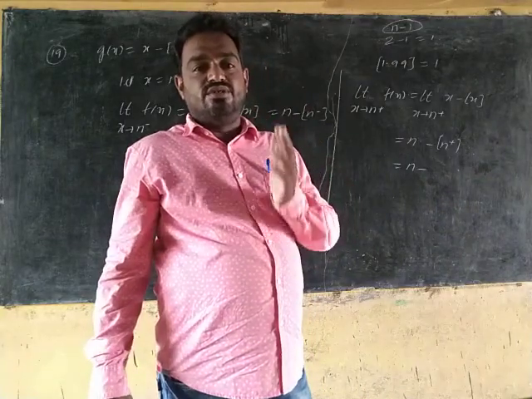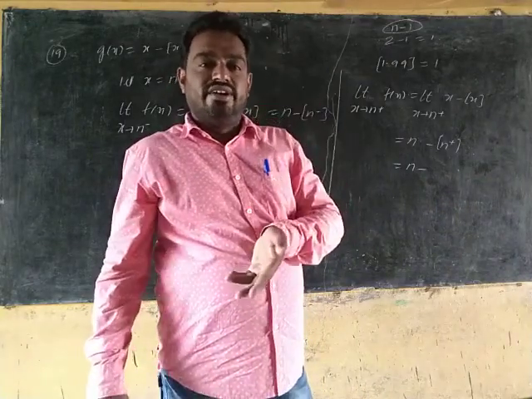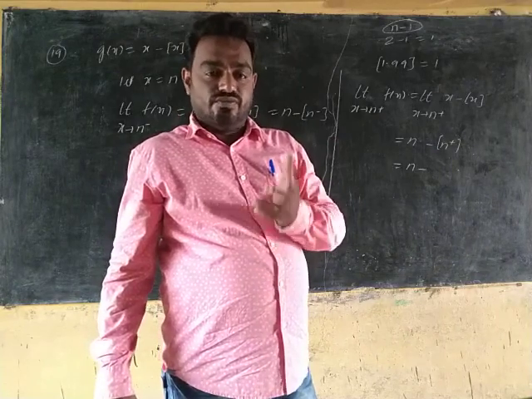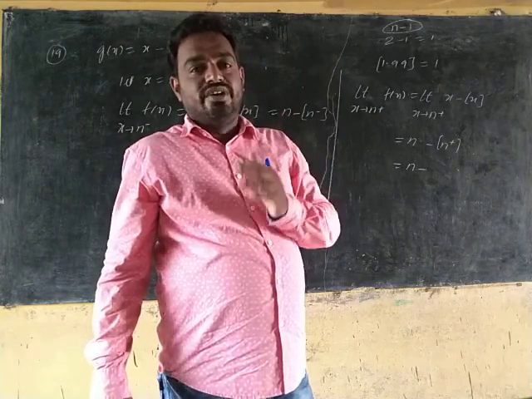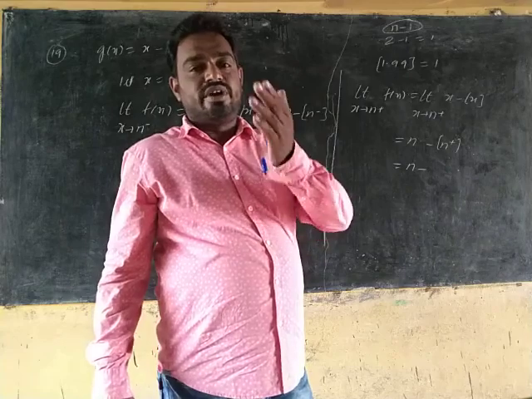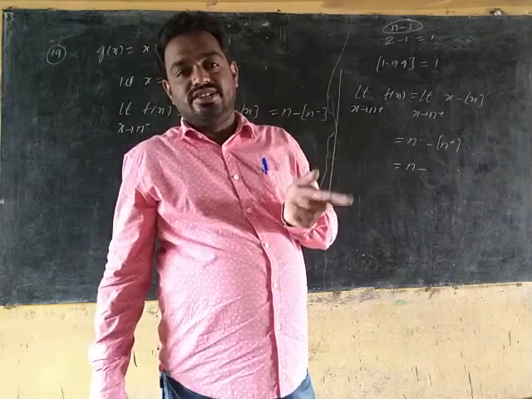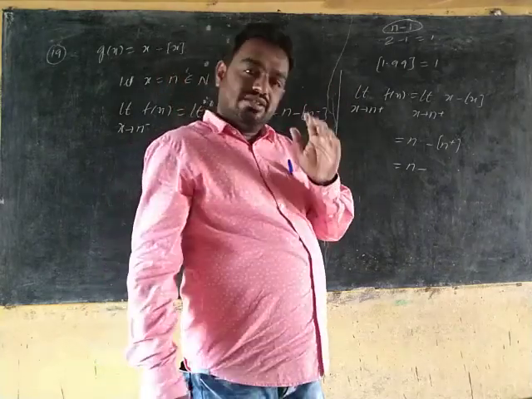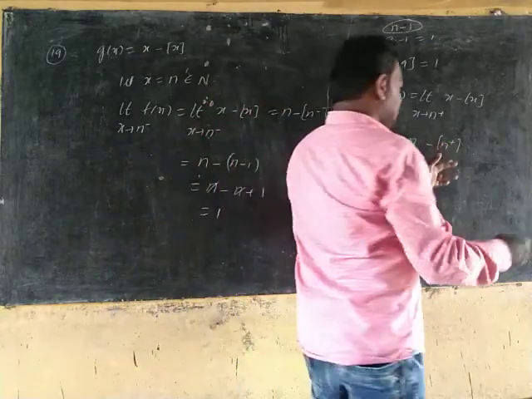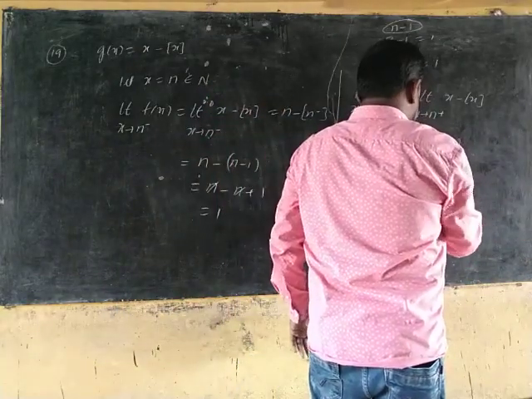What is the n plus value? 4.0001. So what is the integer part? 4. If n is equal to 4, then 4 plus something, what are we getting? 4.001 we are getting. What is the integer part there? 4. So that means the actual value we are getting here is n only. So n minus n cancels to 0.